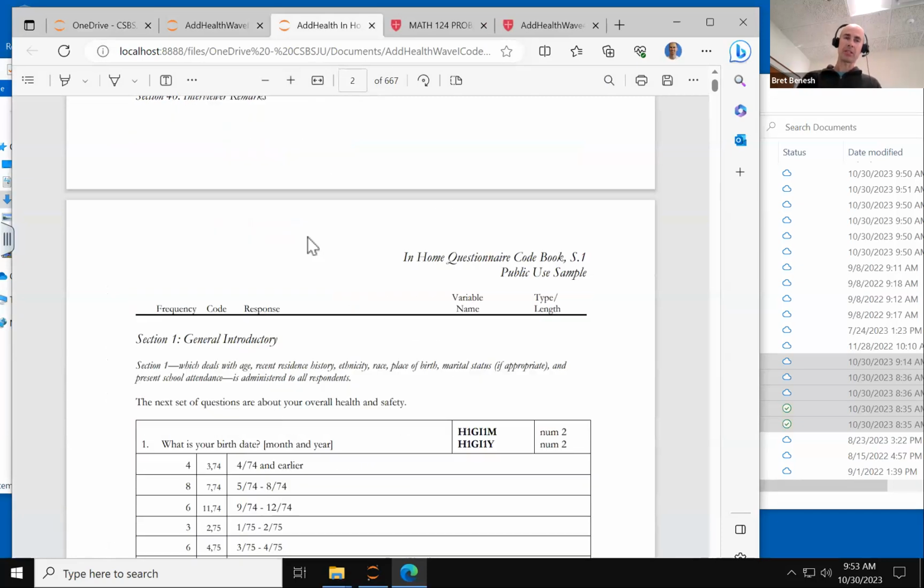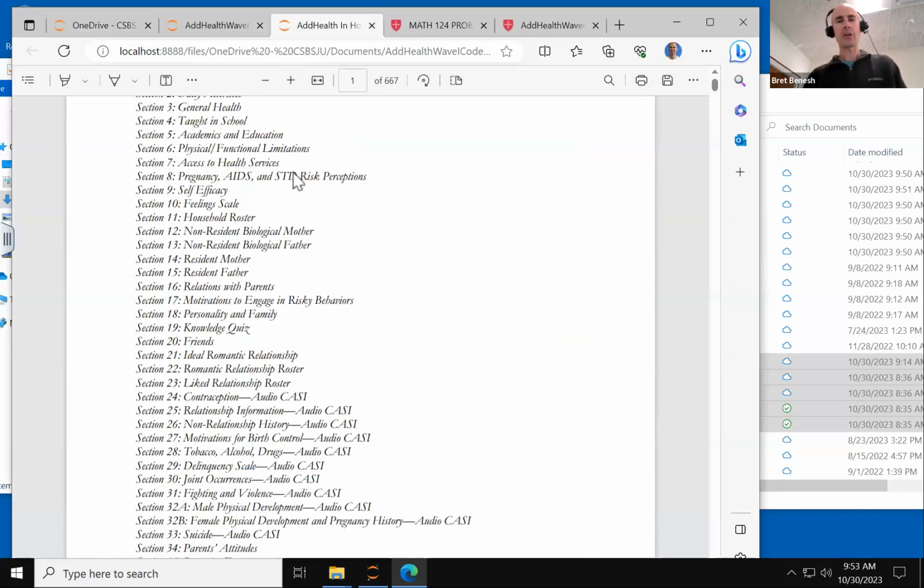Your homework is just look through this. Try to figure out 2 things that you're interested in. I picked math grade and religion. Our goal is we're going to do some research to figure out if there's an association between your 2 things. In my case, is there an association between religion and math grade? So you might want to figure out if there's a relationship between your ideal romantic relationship